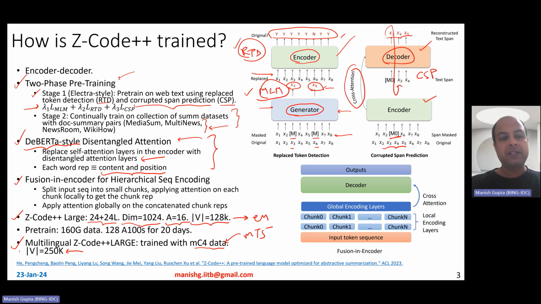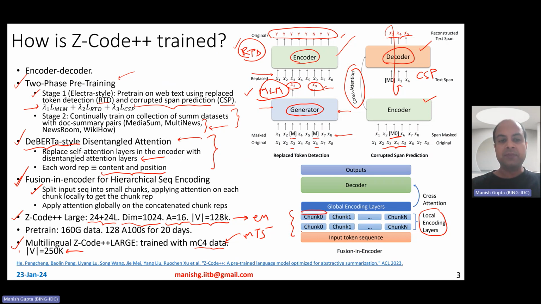The third important difference is fusion-in-encoder for hierarchical sequence encoding. So remember, in summarization, the input document could be very large, and your max sequence length for the input, the context length, is limited. To solve that problem, what they do is split the input sequence into small chunks, and they apply self-attention on each chunk locally. So as you see here, you divide the input sequence into chunks, you apply self-attention, local encoding, local self-attention within that chunk only. And then once you are done with that, you basically take the last layer outputs from